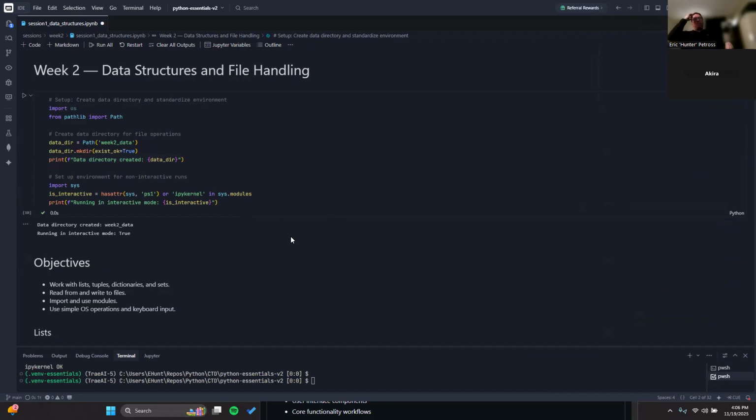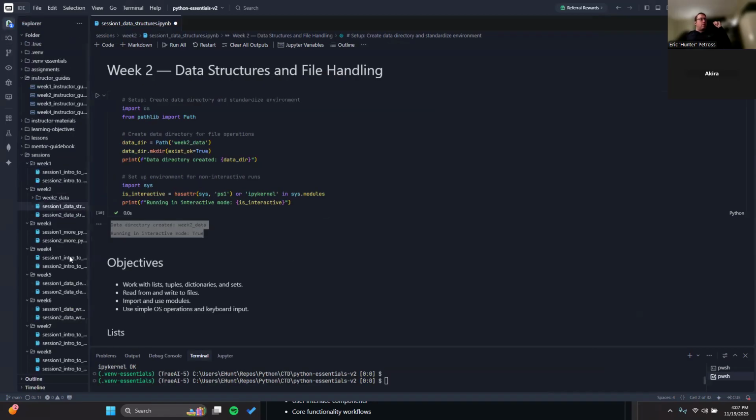So I don't know if you're familiar with Jupyter notebooks, but I'm going to be running the data structures and the file handling for the week 2 lesson in this. As you can see, we have our data directory. We've done our import os from the pathlib library, and we're importing Path. We're going to create the data directory for the file operations. So I've created a path for week 2 data, and made sure the directory is created. You can see the terminal output here, and then if you look over here, you will see following that file path up in the venv